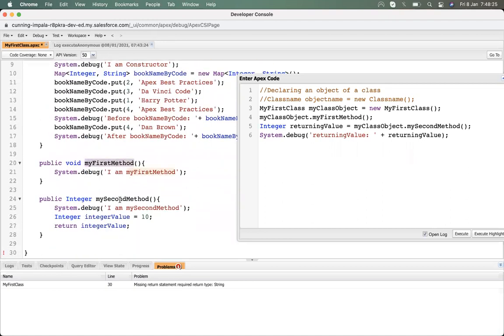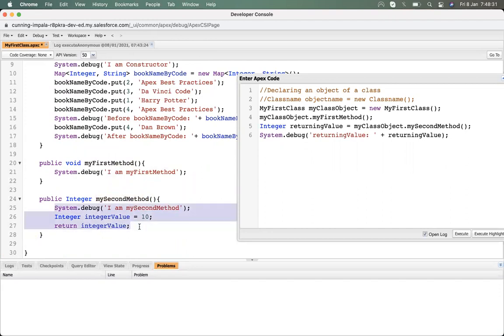This method is just being called, and it has its own variables with their own scope, and it performs the operation and returns that variable. That's okay, no issue. But suppose we have a requirement that we need to pass some values into the method, and on the basis of that value it will perform some operation.